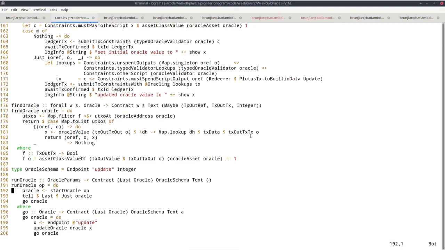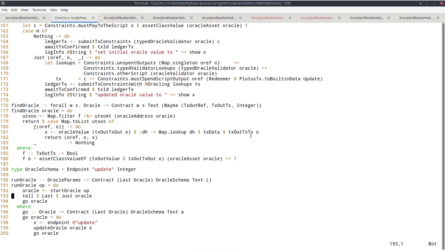Then, for reasons that will become clear later, I use tell to write the Oracle value, so this parameter. The reason is I need to communicate this parameter value to the outside world so that people can use my Oracle.